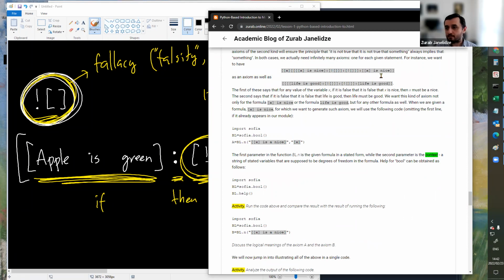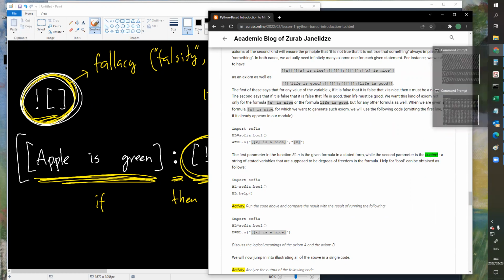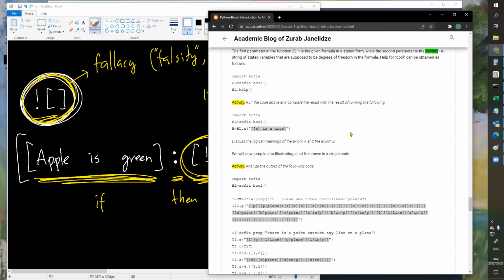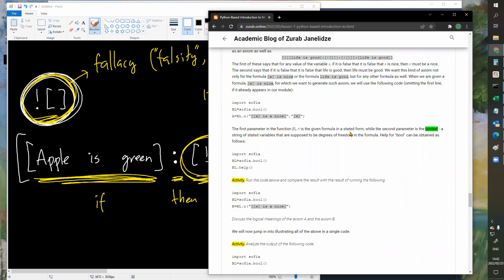Yes, please. Yes, thank you, sir. Actually, I want to ask, since we're talking about fallacies, we also want to touch on paradoxical statements. For example, can Sophia maybe be used to show whether something is a paradox? Say maybe someone says this statement is false. Yes. So paradox is exactly where we begin with some assumption and we are able to derive absurdity from it. So we're able to derive falsity from it.